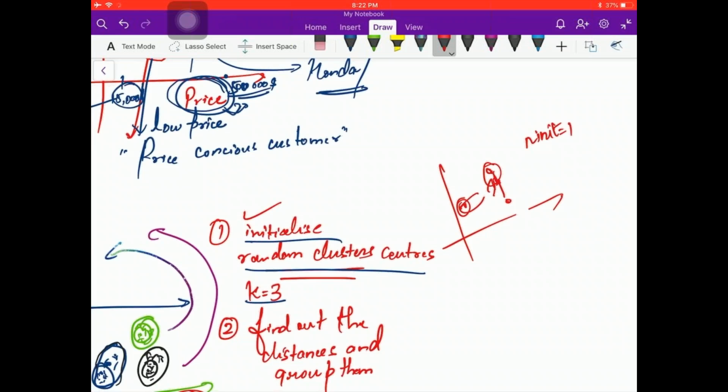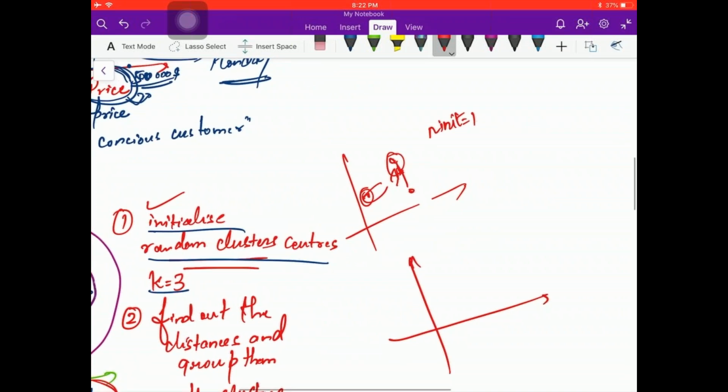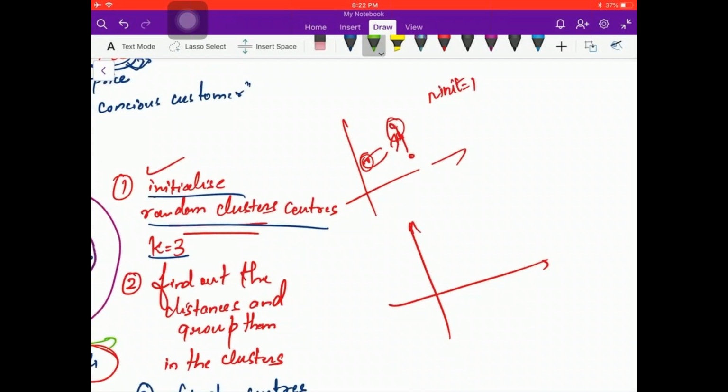But sometimes what happens is, for example, the interesting part is, let's say your actual clusters are here. Now, for example, your algorithm has assigned a cluster center here and a cluster center here, then you'll end up getting the same clusters, the actual clusters. But if your cluster centers are assigned somewhere here and another here, how will the clusters look? They will look like this, which is not the actual one.